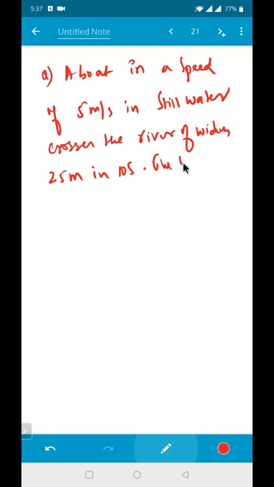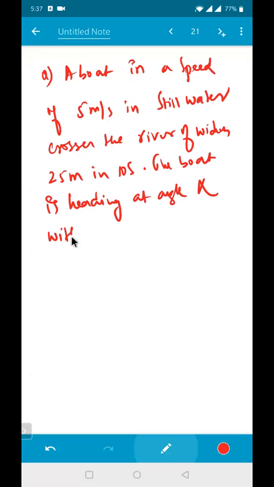The boat is heading at an angle alpha with downstream, where alpha is equal to